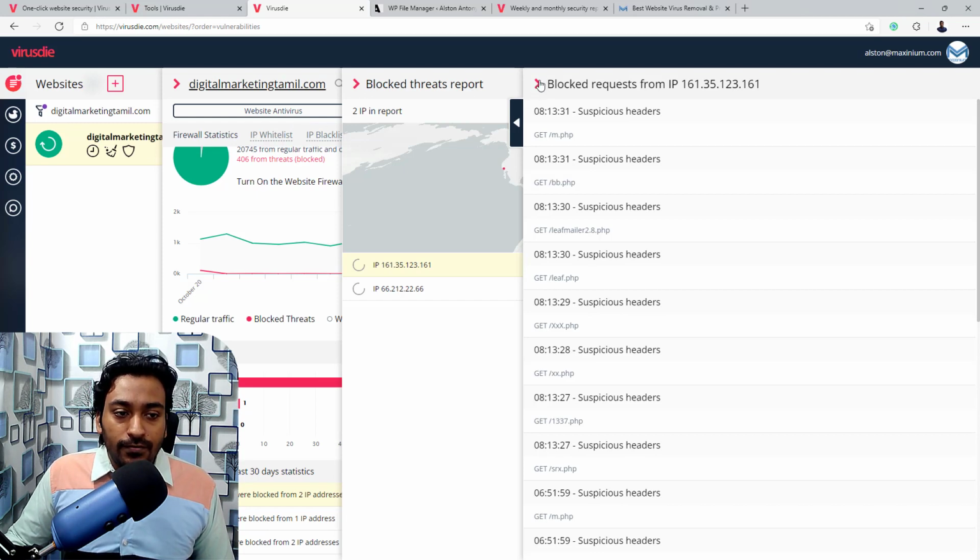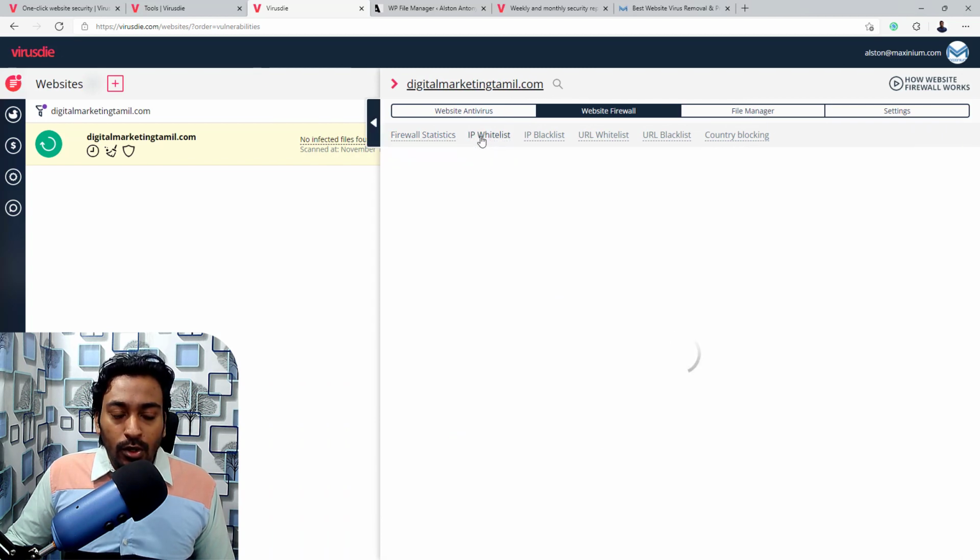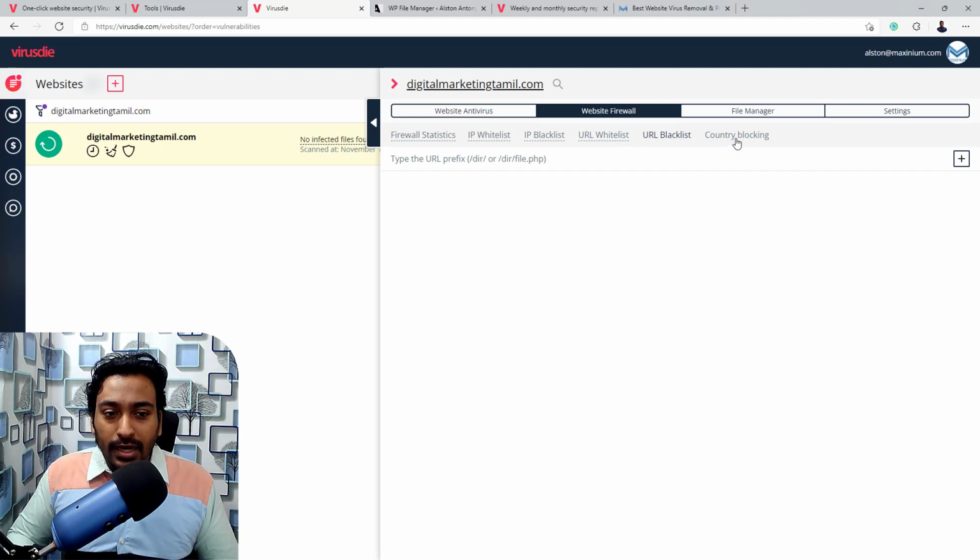If you click on any of this arrow, it will again minimize it. And if I go into IP whitelist, now I can see all the IPs I have whitelisted. I have not done anything, but you can add it from here. IP blacklist, same concept, in case you want to block certain IP. URL whitelist, example, any URL you want to whitelist, URL blacklist, same concept depending on your need. But if you're a basic beginner, you don't need to set up any of these things. These are for advanced settings in case you need it.